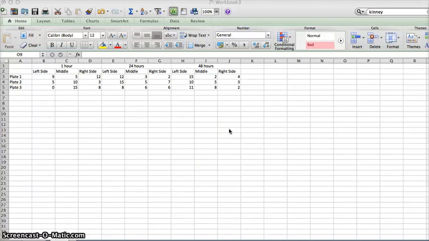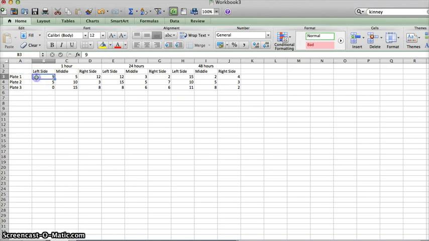Hi, for those of you that want to learn how to use Excel a little bit, here's an example spreadsheet where you might put your data in. So I have 3 replicate plates. I have 3 time points, 1 hour, 24 hours, 48 hours, and for each time point I've counted worms on